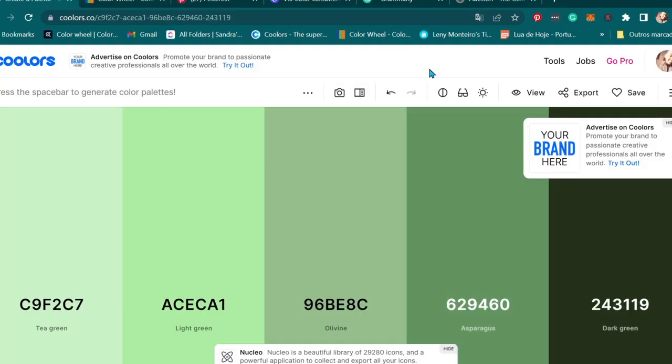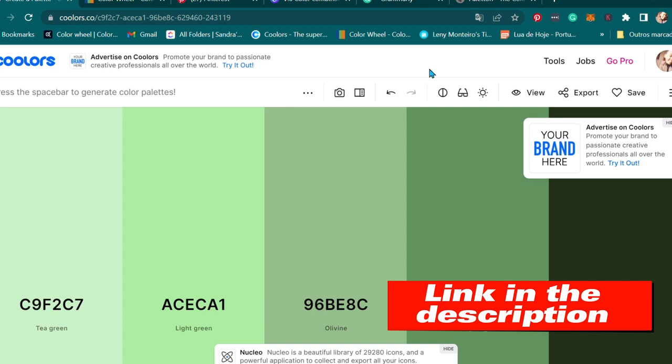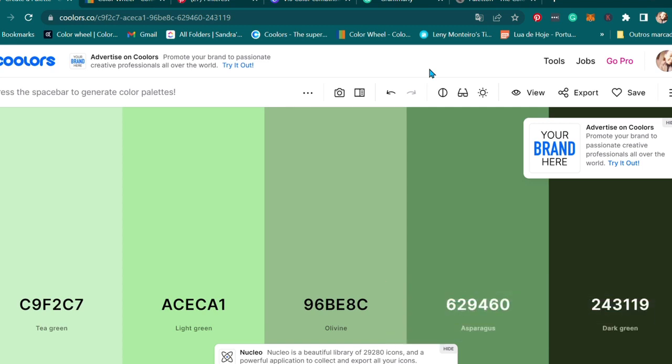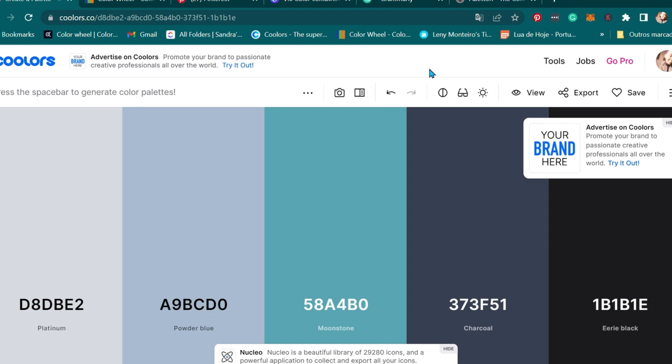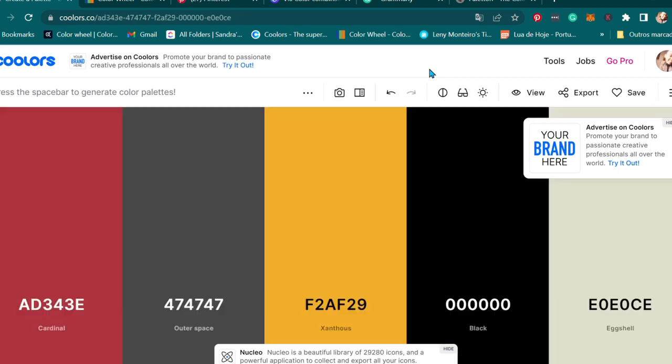The first tool that I have to show you guys is colors.co, and colors.co generates different trendy color schemes that people have made. The first one that I have here is a monochromatic one with greens. You have tea green, light green, olive, asparagus and dark green. If I hit space, I have now the blues with some black, a mix between greens